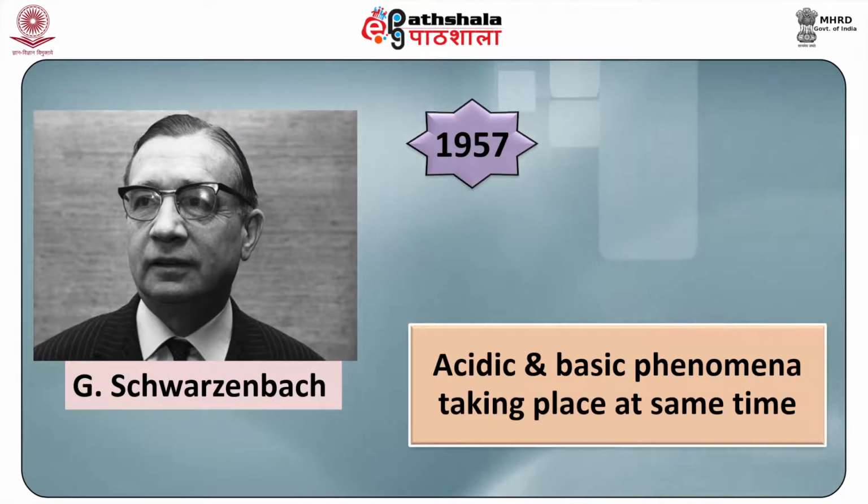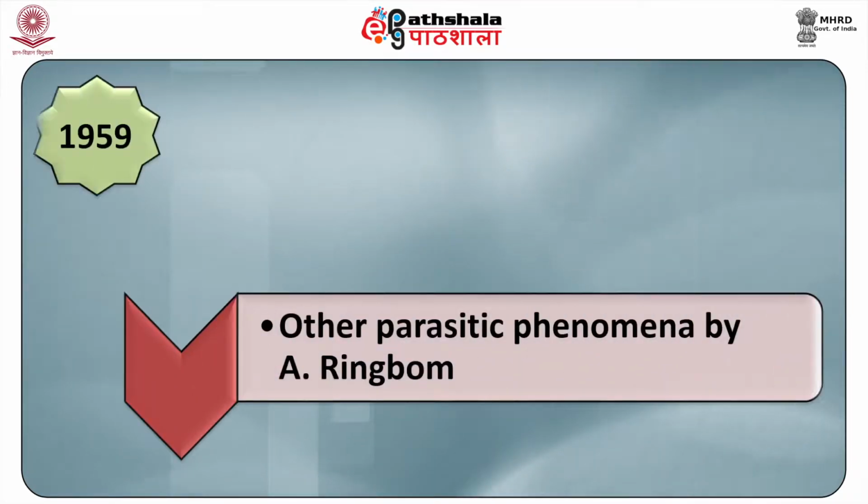Conditional stability constants were proposed by G. Schwarzenbach in 1957 for considering acidic and basic phenomena taking place at the same time with the complexation phenomenon. The conditional stability constants were first established in the case of titration of tetraanionic EDTA with some metal ions. In 1959, the scope of their application was further extended to other parasitic phenomena by A. Ringbom. At ambient solution conditions, the equilibria for the formation of a coordination complex is illustrated by conditional stability constants given